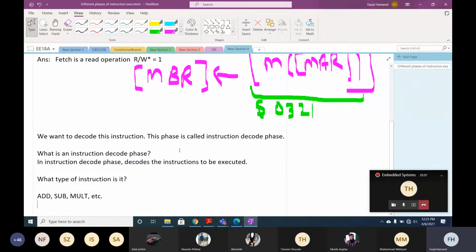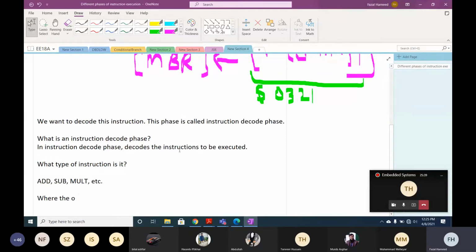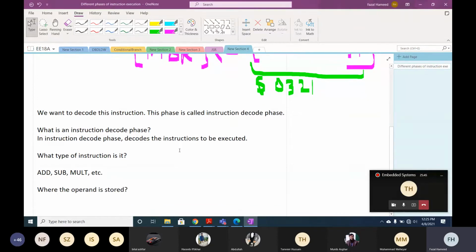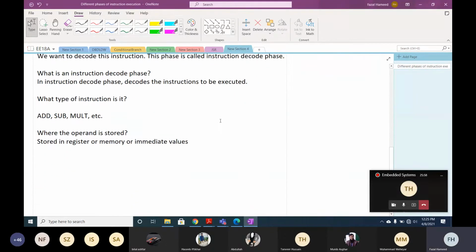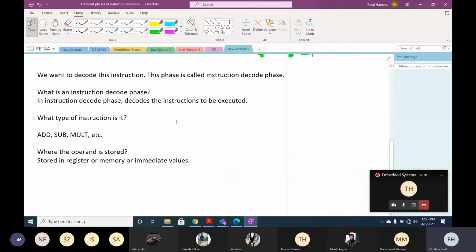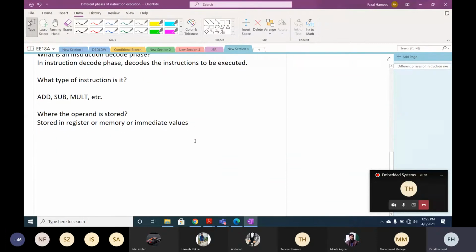It also decides where the operand is stored. It can be stored in the register or memory or immediate values. Okay, now in the instruction decode phase,